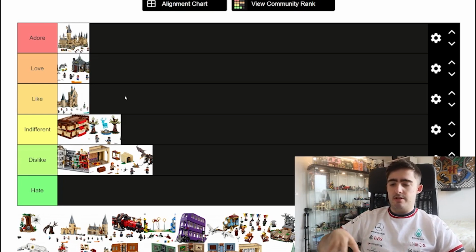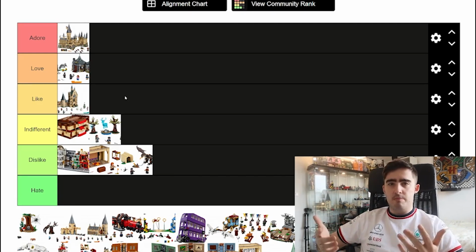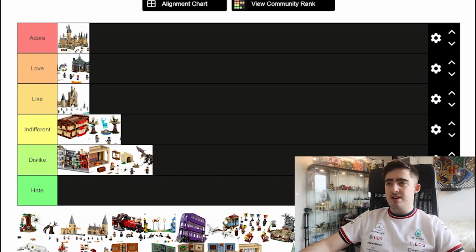scene. You get Quirrell, which is from the first film. You get the Basilisk, which is obviously exclusive to the Chamber of Secrets. So you have different films matching up together. It's not based on any particular scene. It could be the Great Hall Feast from any film, right? Which is cool. Where a set like this, it's too focused on one particular scene, the Yule Ball, and so